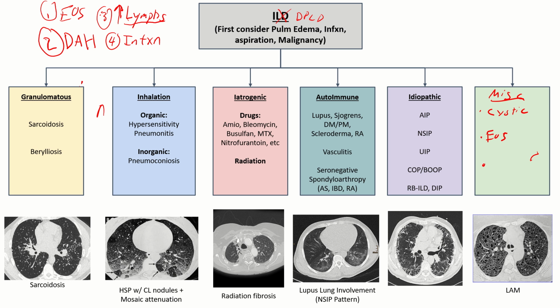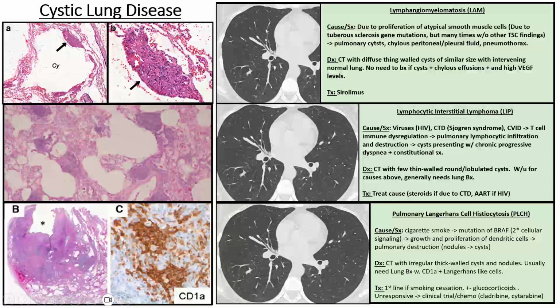And then lastly, and I made this one up myself, is going to be your alveolar filling diseases. So you can skip this if you're more for the high yield stuff, but these are your kind of cystic lung diseases here. So the first one we'll go over is